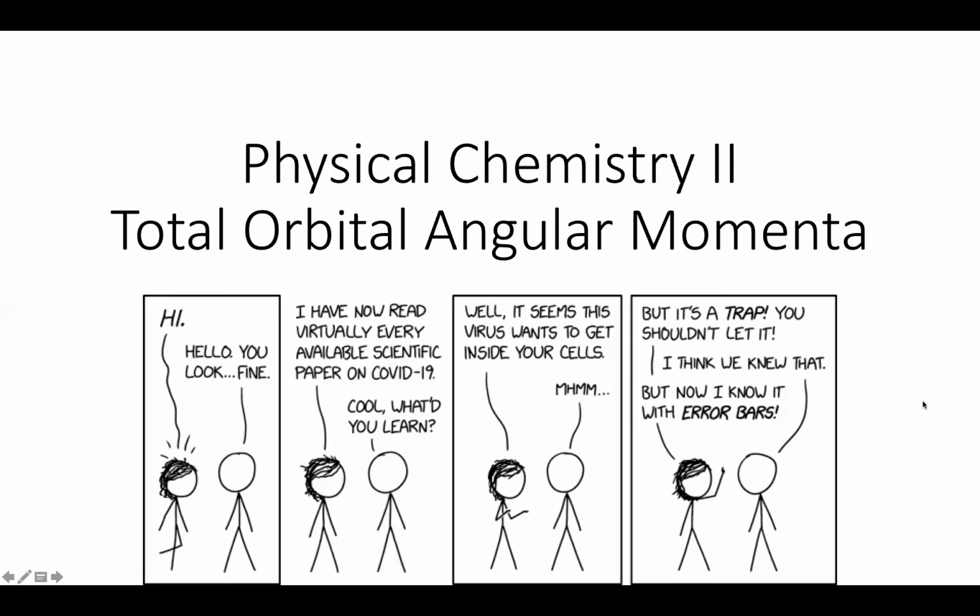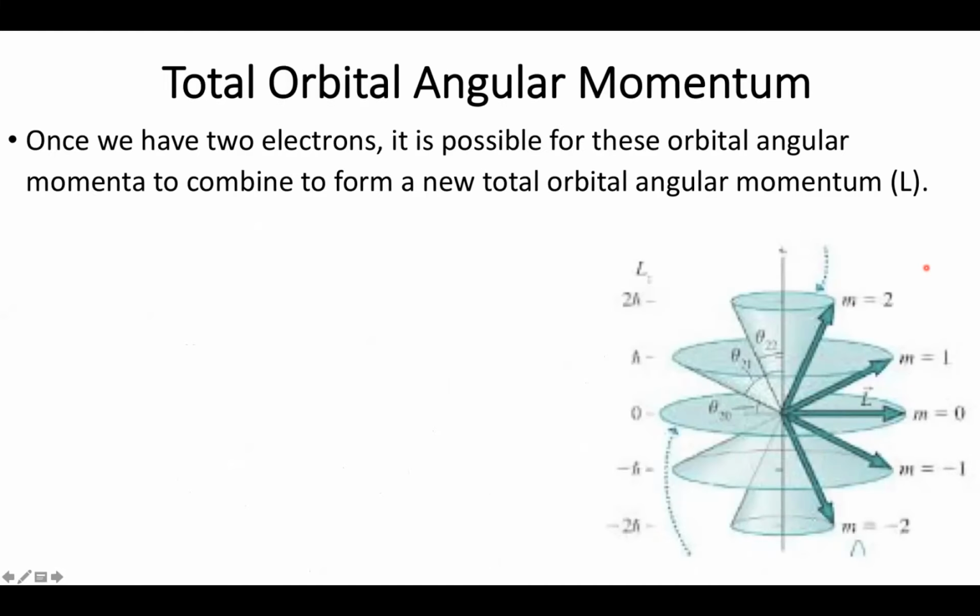So today we're going to be talking about total orbital angular momentum. This is another way of saying that we are going to be talking about how we can combine the angular momenta of two various electrons to generate a new total orbital angular momentum. This one might be especially important, as you can imagine, because angular momenta are a good stand-in for magnetic